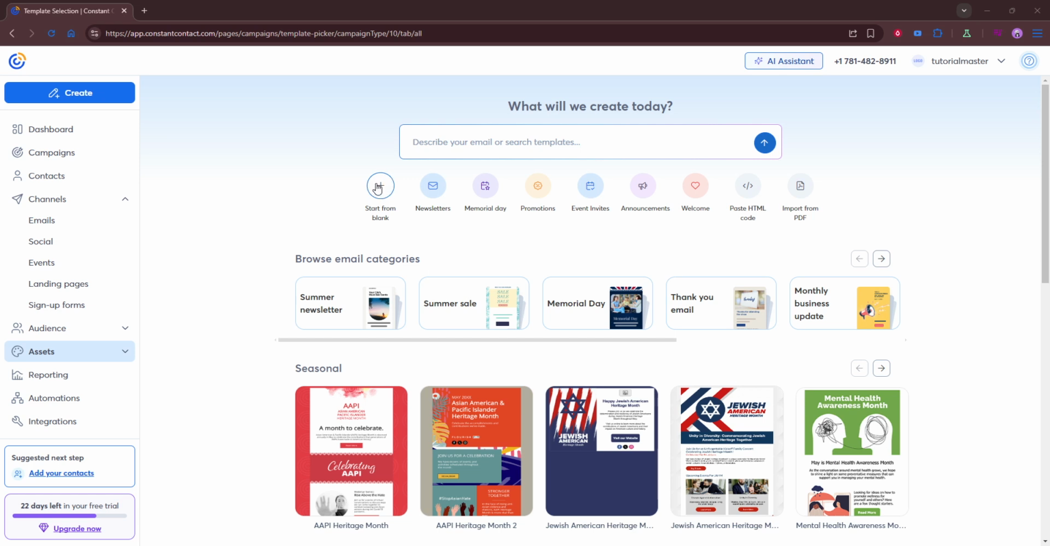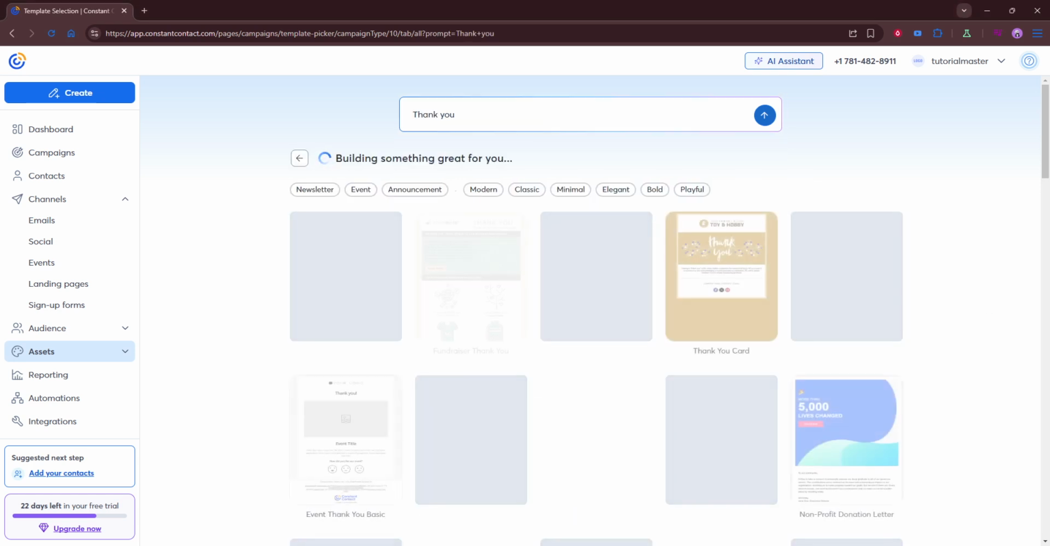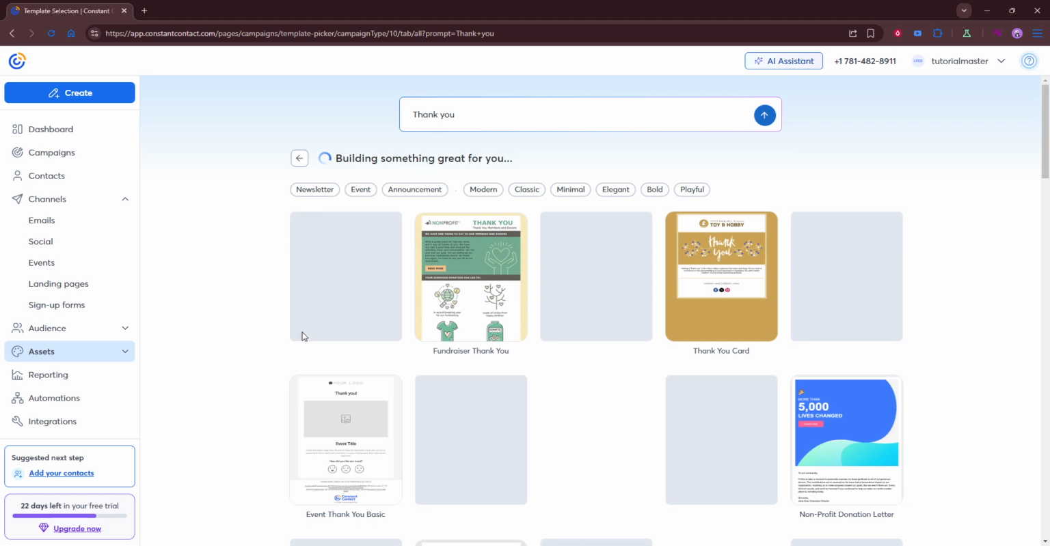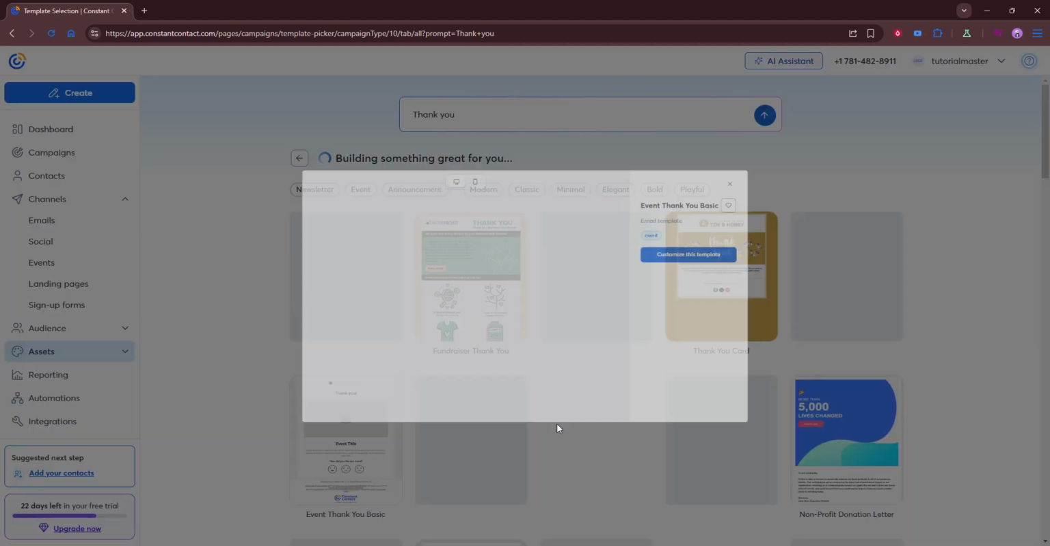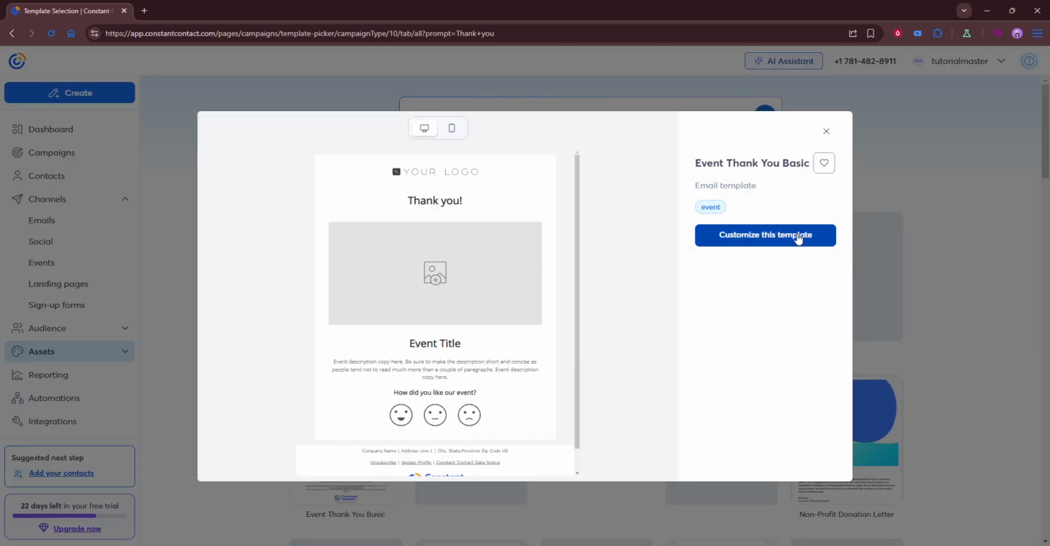Now it's time to build your message. Add your text and keep it clear and concise. Use headings to guide the reader and keep paragraphs short for easy scanning. Drop in your images by uploading or selecting from your library and make sure they're high quality and sized appropriately